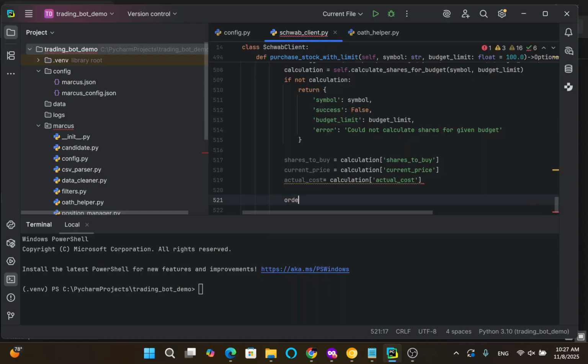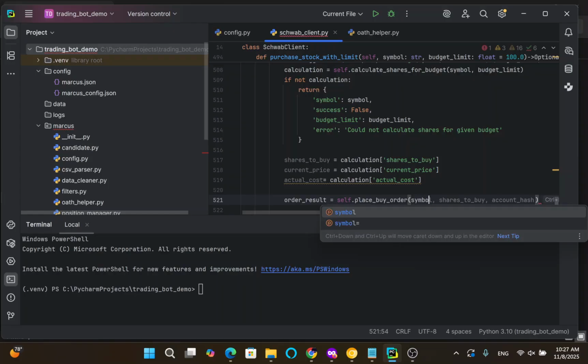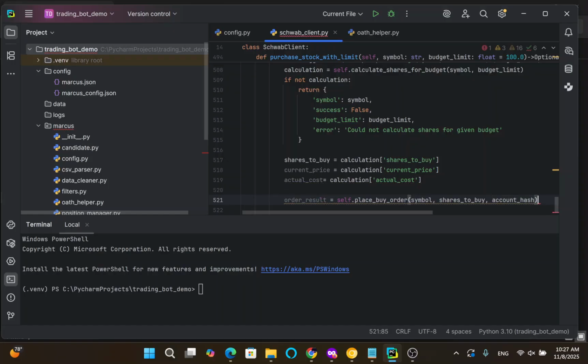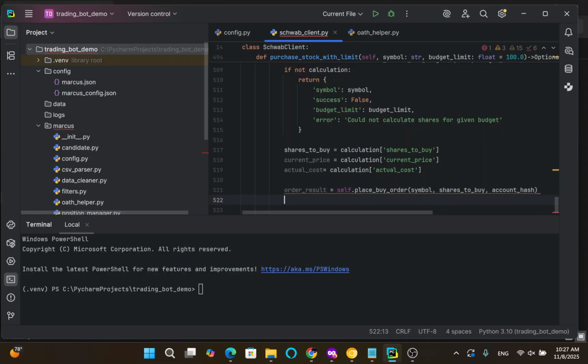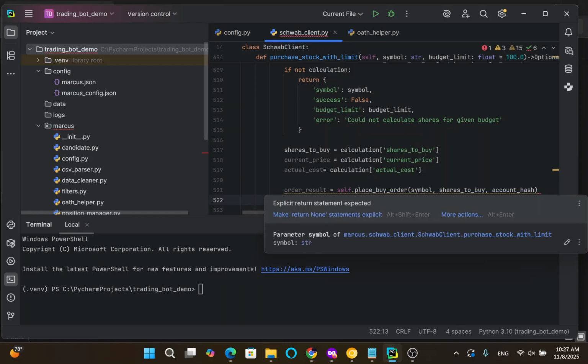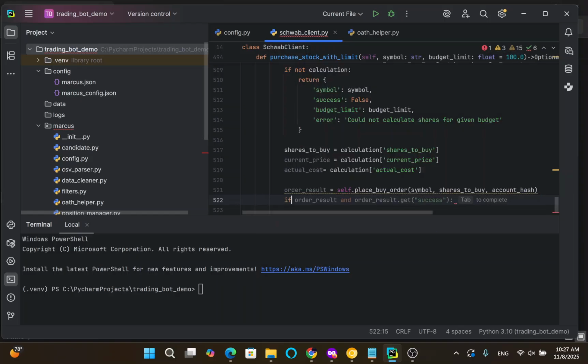Now, what will be the order result for this case? Self place buy order, and here we will include symbol, shares to buy. This was defined previously in place buy order. We did it together in one of previous lessons, and now we are calling this method and providing parameters to have it completed. If order result and result get success,